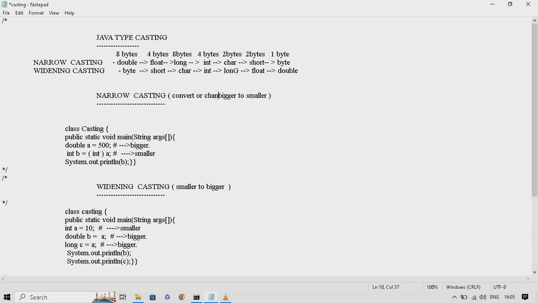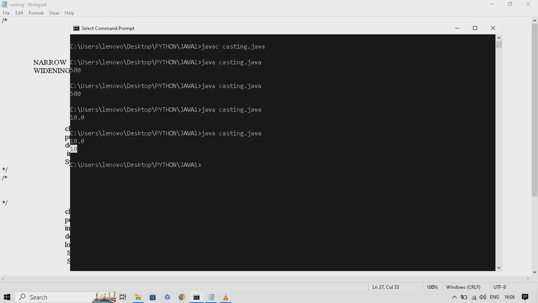Let me write here: convert or change bigger data type to smaller data type. This is recording slowly. Maybe some issues are there. Let me fix it later. Convert or change data type bigger to smaller. That is called narrow casting. Narrow is nothing but shorter. Widening